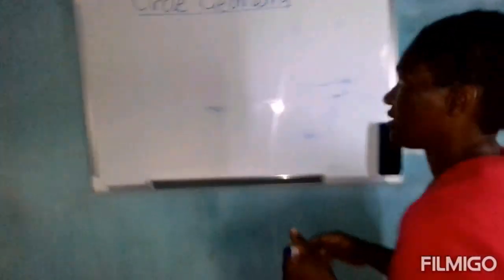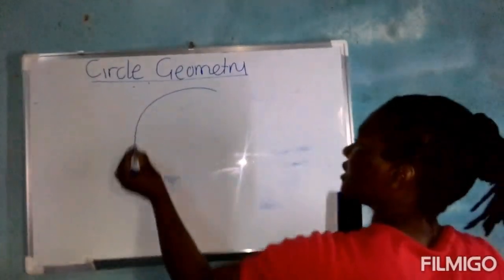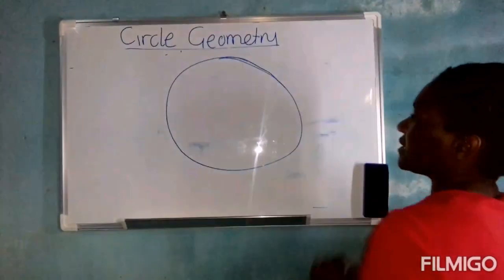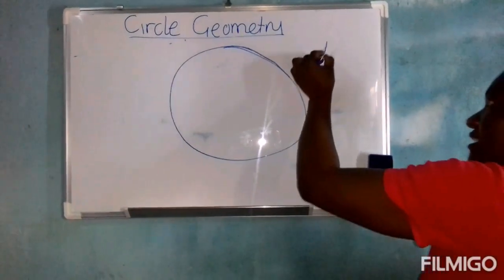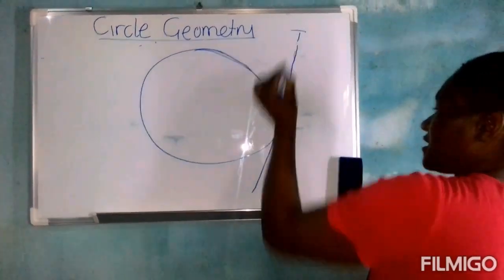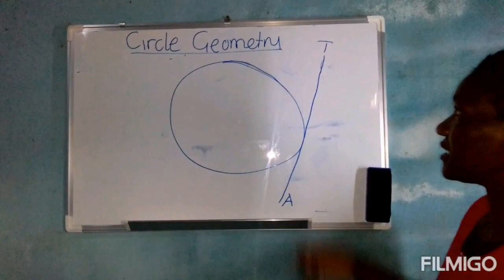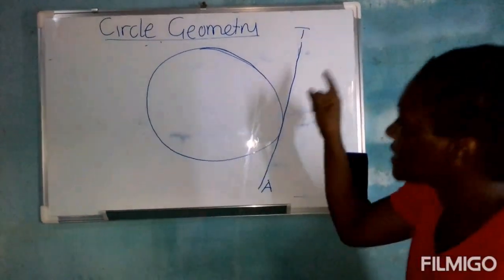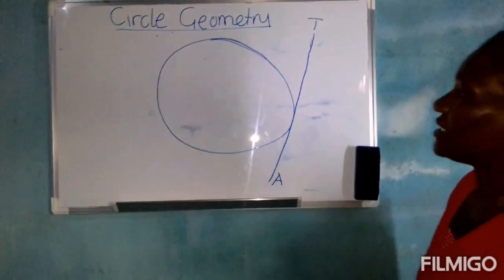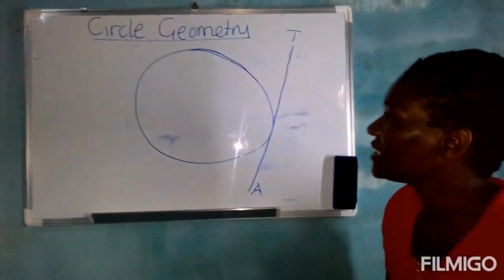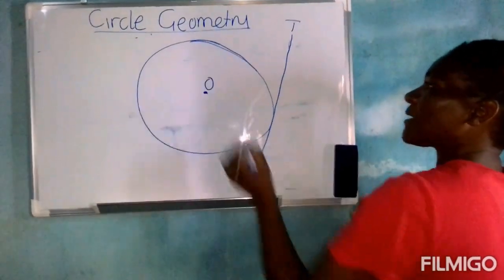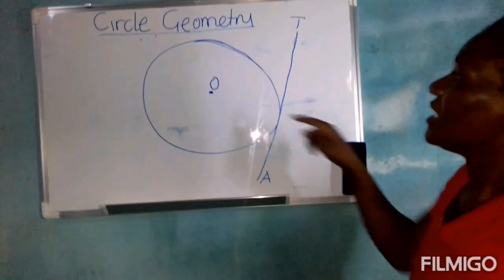Then our theorem number 3, right? If we have a tangent, let's say we have a tangent. This tangent, maybe it's AT. Tangent AT. A tangent is a line that touches the circumference of the circle. That's our tangent. If we have a tangent and a center O, any line that passes through the center to